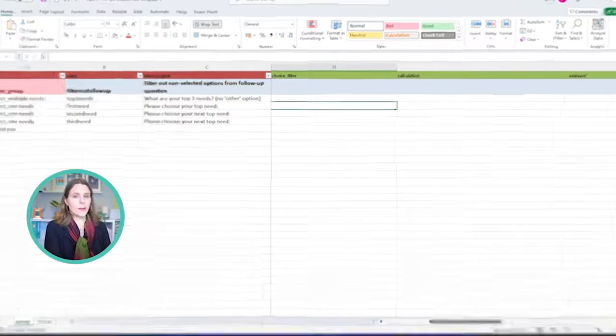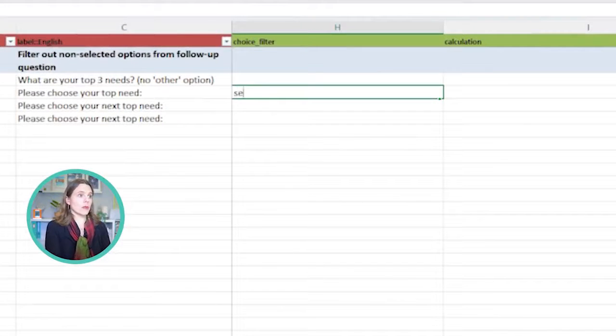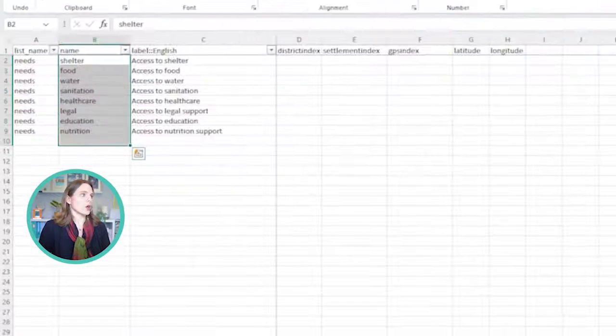Now in my choice filter column, I'm going to say selected, and then I'm going to say what question I want to refer to. So I want to refer to the top 3 needs question, okay? So I'm going to say top 3 needs. So what have I selected in there? And I'm going to put a comma and name, okay? Now, what is that name referring to? It's literally referring to this column here,